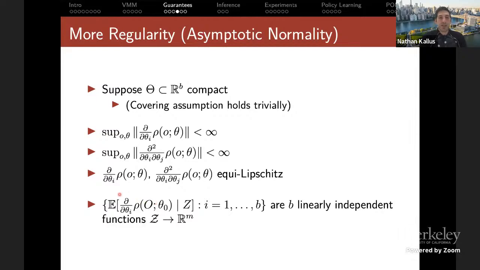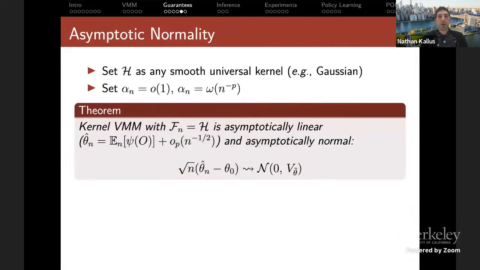And I'm going to need sufficient support so the variances are not crazy. So these functions, as functions of z, should be linearly independent functions. And under these additional assumptions, again, no complexity assumptions on the conditional moment function, the function of z, we can show that if we, again, use H as some smooth universal kernel RKHS, like Gaussian, and if we choose alpha to be something between 1 and 1 over root n, then the kernel VMM is both going to be